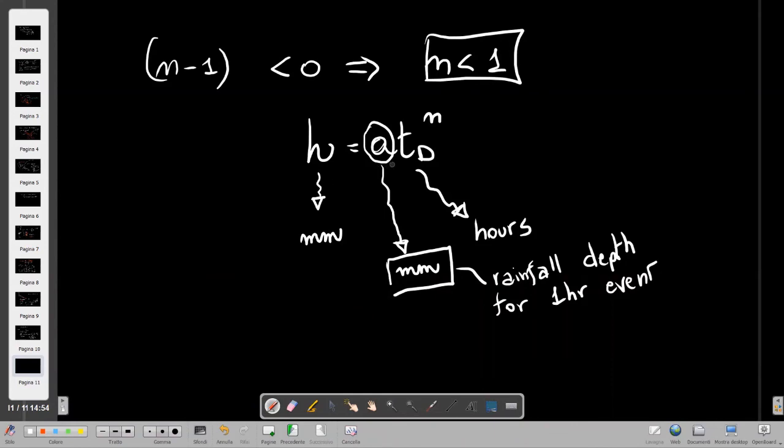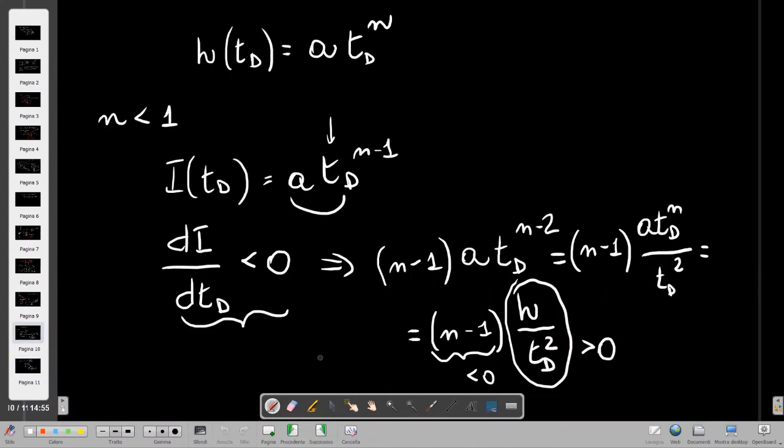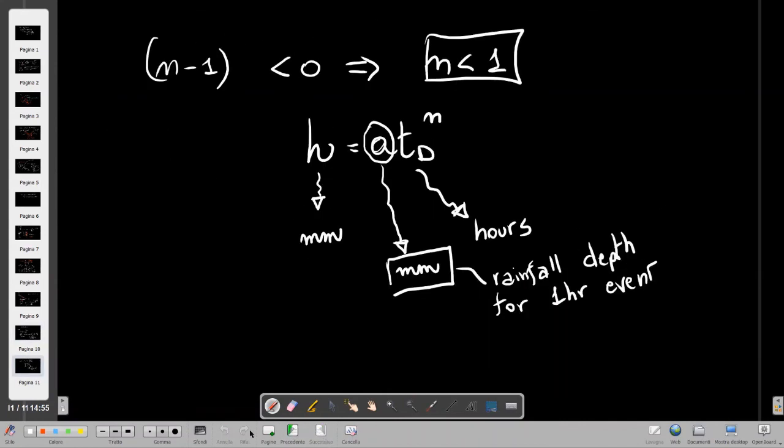Now we have a problem. Indeed, the parameter A and the parameter n must be evaluated. We don't know the values of the parameter A and the parameter n. In order to estimate the parameter A and the parameter n, we can use the observations. So let's try. We can, in general, resort to the measurements